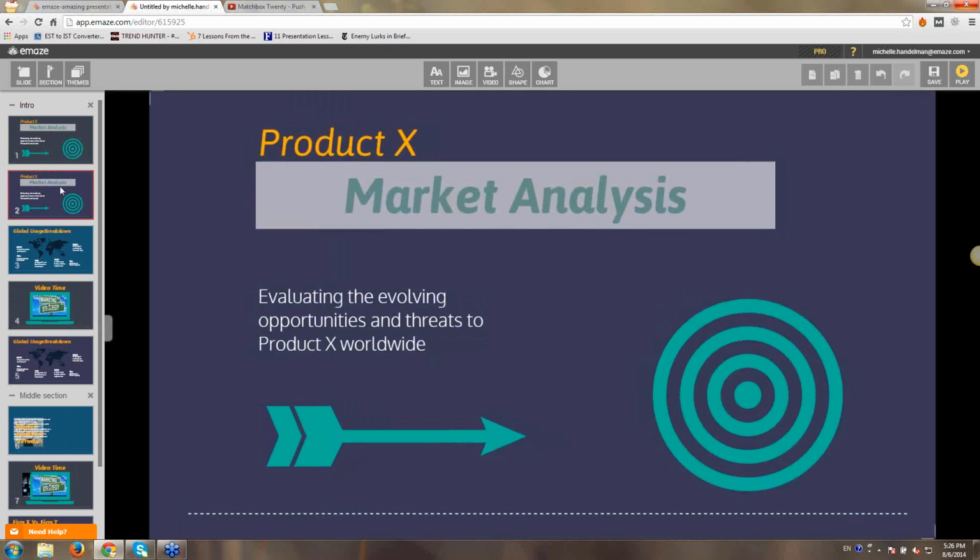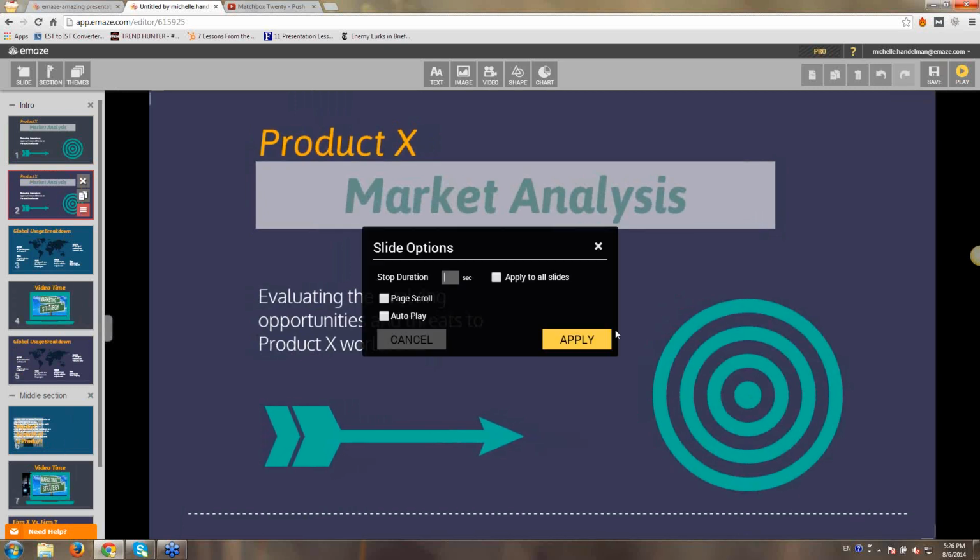If I like the format, I'm just moving over a couple of things. And then if you click over here, you have specific options for slides. This is actually when you're in play mode. You are able to decide how long you want them to stay on each slide. So if I wanted someone to stay on each slide for 30 seconds, apply to all slides, I have the